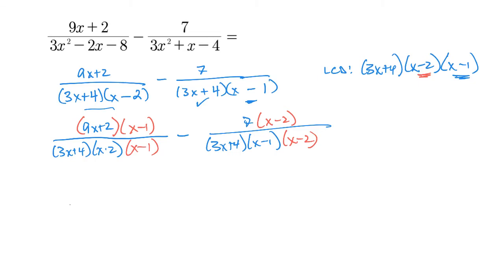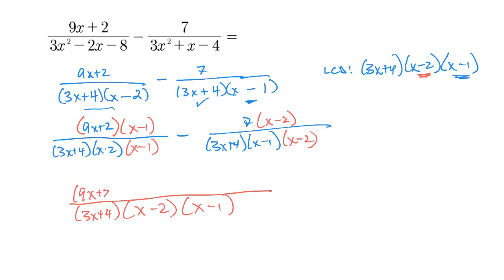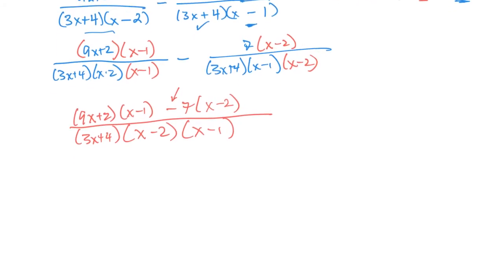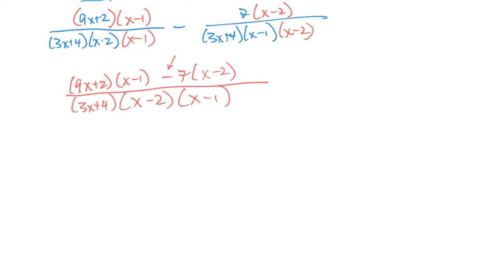Now that I have a common denominator of (3x + 4)(x - 2)(x - 1), now I can deal with the stuff up top. Let me just rewrite it first, and then I'll multiply it out and look for common factors. Minus 7 times (x - 2). You recognize what that is right there? Hopefully you said a negative. Okay, so foiling that